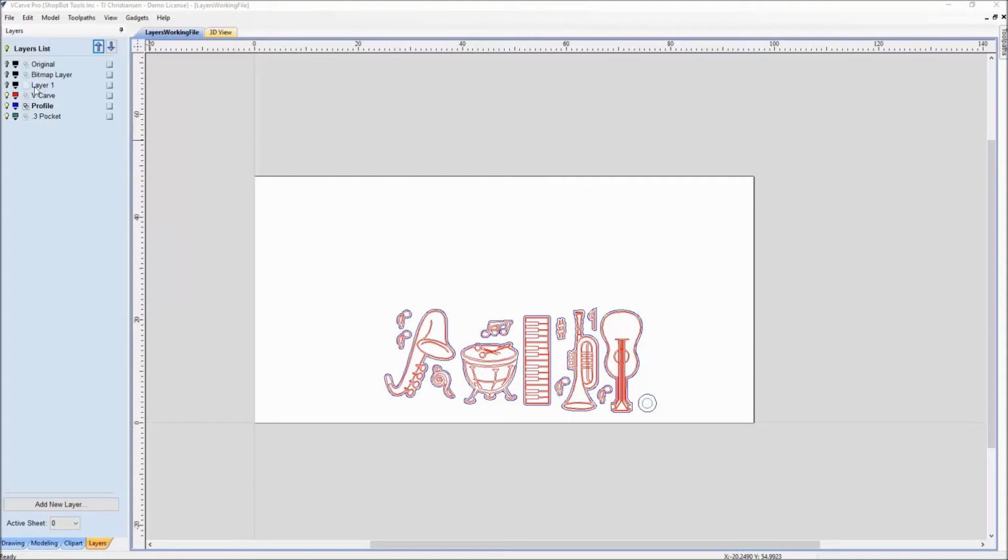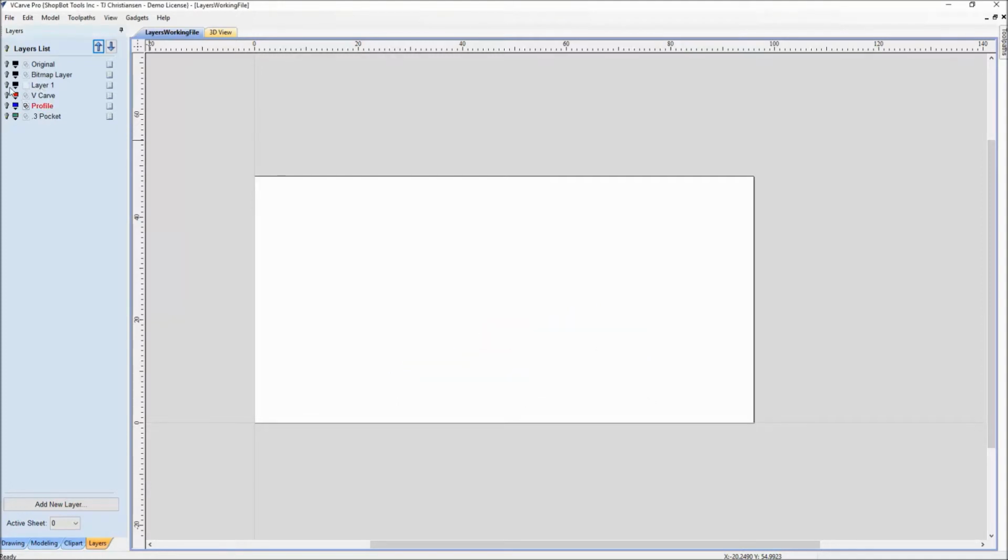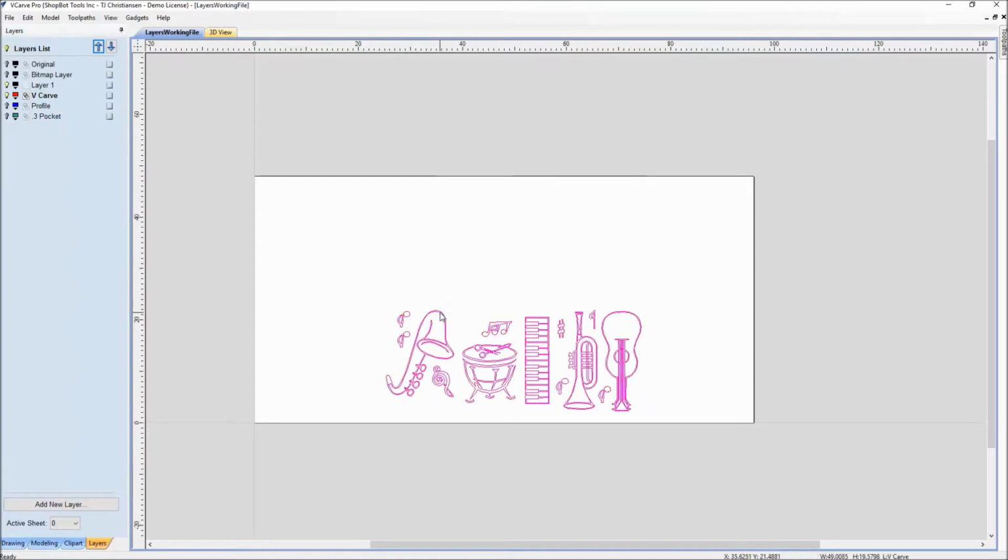So layer 1 now, if I turn everything off and we look at just layer 1, there's nothing on layer 1. So if I right click and delete it, it just goes away. However, if there was something on a layer and you had it turned off and you went to delete it, for instance, let me just go ahead and do a